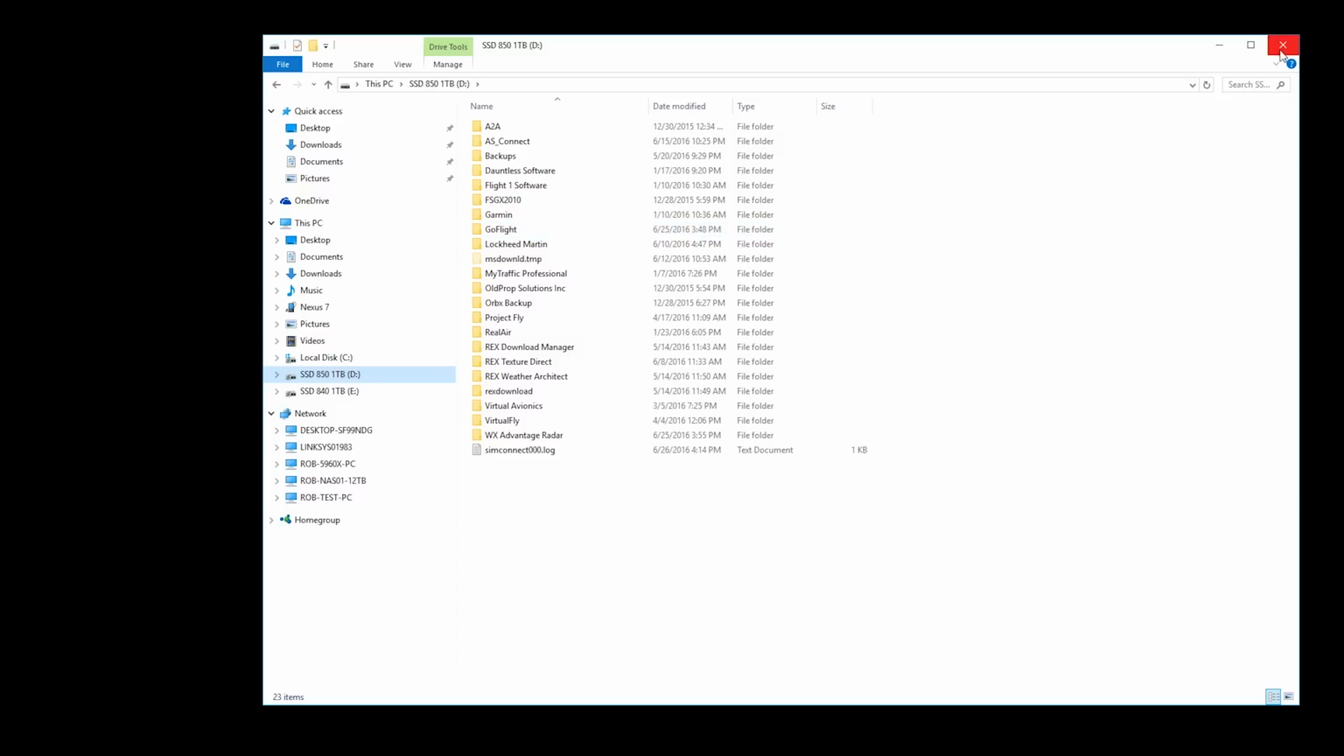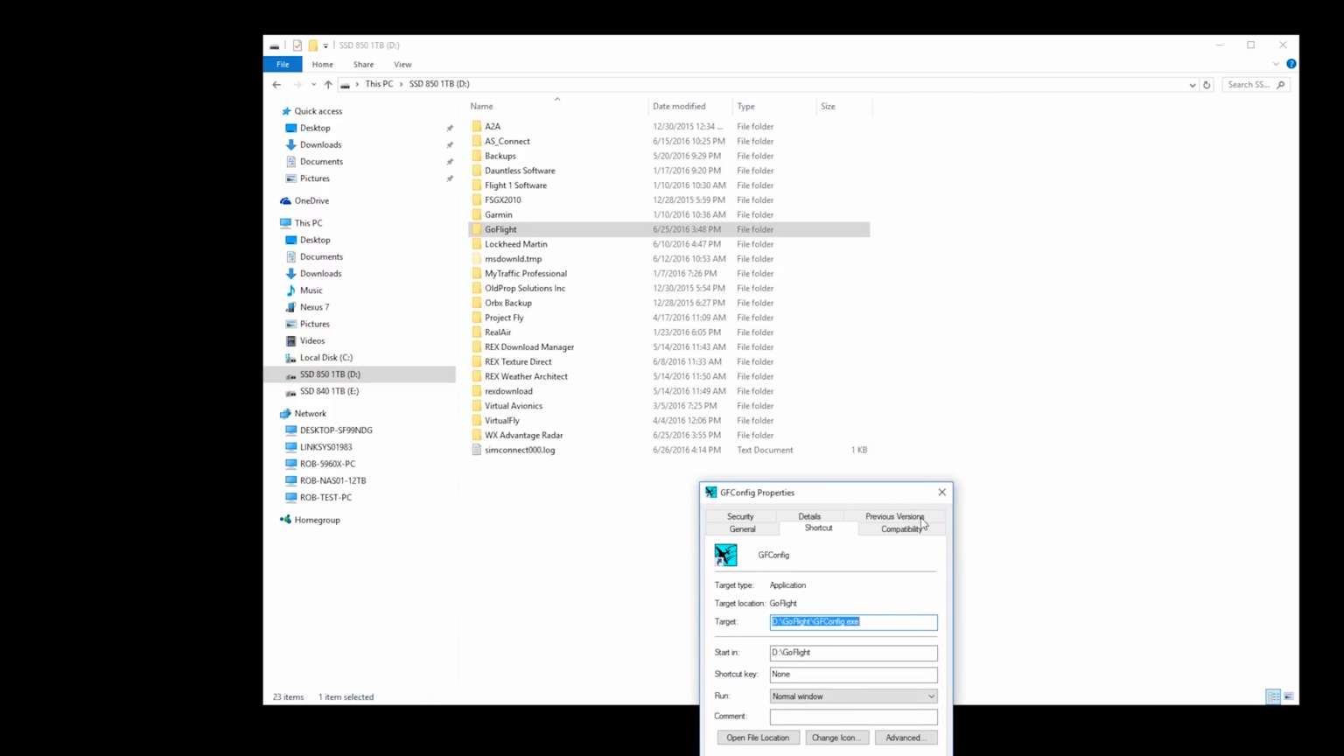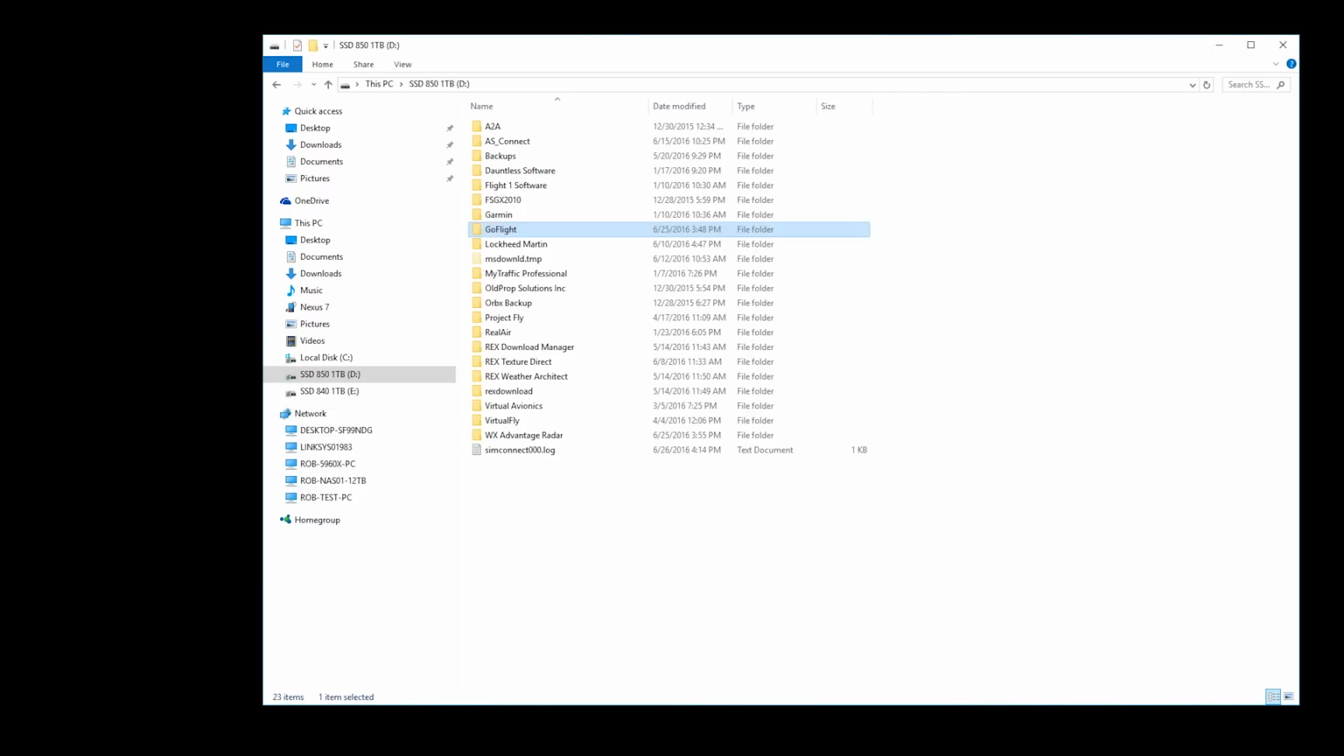As far as the actual GoFlight executables, if you notice on my desktop here, I have them set to run as administrator. That's what that little shield there means. You go into properties, and here we have the compatibility tab, and it's set to run this program as administrator. Now that's the GoFlight configuration product. There's also the